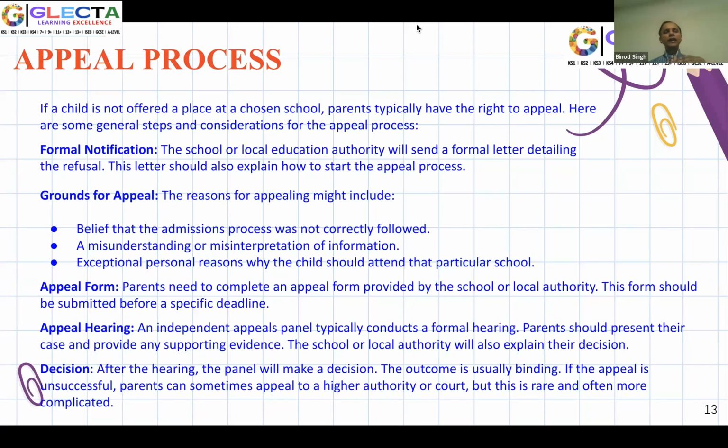So on that basis, fill in the form, and make sure you reason out properly, because when that form goes to the appeal process, they would not take any new reasons. So you have to be very, very sure what you are trying to provide within the form. Once that form is submitted,